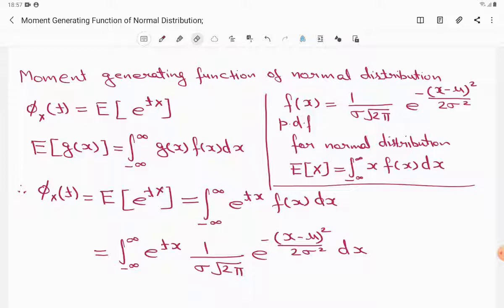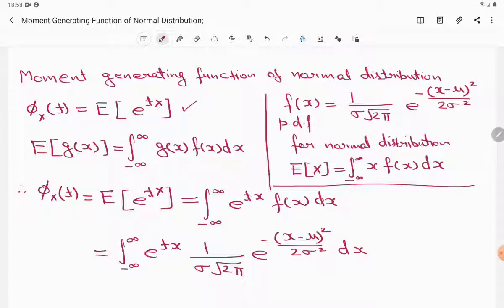So we are continuing from where we left earlier. We had defined earlier what a moment generating function is, and we had mentioned that a moment generating function can be defined about any point. So what you are seeing over here, phi x of t, is the moment generating function of a random variable X, and it is about the origin, or point 0. So it is E of e to the power tX.